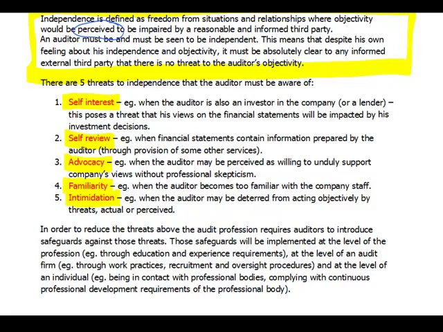Any case of intimidation should be immediately reported to the supervisors of an auditor, so that the head auditor, called the partner, can make a decision whether they want to continue with this client anymore. Because quite obviously, you must really think whether you want to have a person that places threats against your staff as a client.